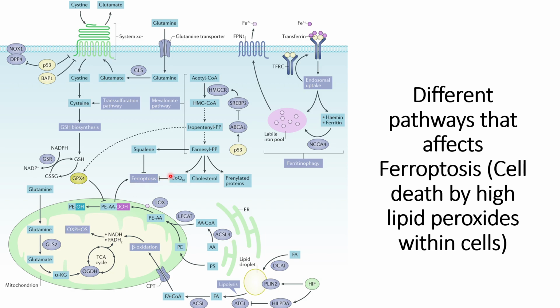So these are some of the pathways that have been identified, and there are some new pathways that are also known, related to cancer cells. It's about the hypoxia conditions, and we have discussed in one of our previous videos about the HIF complex formation because of the hypoxia condition, and that will lead to the formation of FACOA, and that will trigger anti-ferroptosis reactions within the mitochondria,